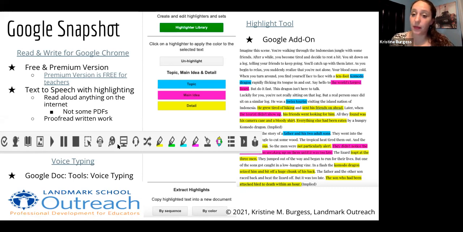Voice typing is a tool within Google Docs. So if you open a new Google Doc and you go to Tools, you will see Voice typing, and you can literally just click that button and it will start recording everything I'm saying, which is the downfall. Because once a student clicks the record button and starts recording, it will pick up every sound in the close vicinity